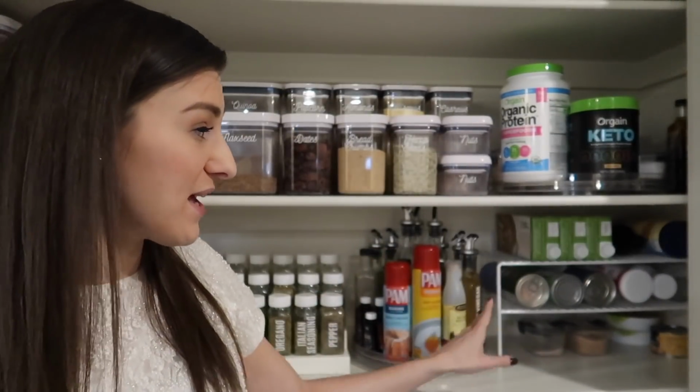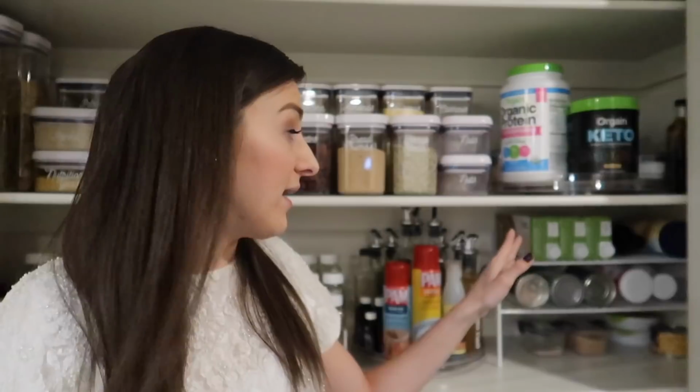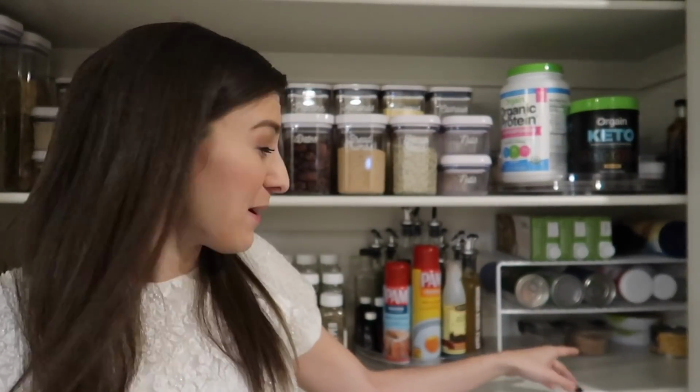After this Lazy Susan, I have a little can organizer that's a 2-tiered shelf riser. I put random things on there. I don't have a ton of canned goods that often, but I keep some for sure on hand, as well as chicken stock and chicken broth. And I have some rice at the bottom there,